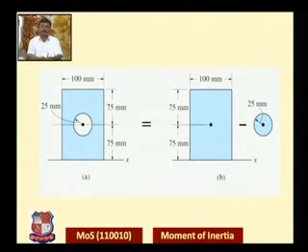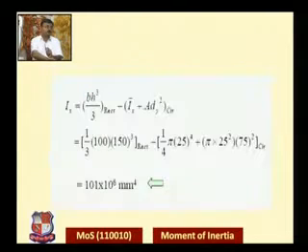The MI of the circular section about the axis passing through its center is pi d raised to 4 by 64. And what is the distance between the centroidal axis and the x-axis here? That is 75 mm. And the area of the circular section, you know, is pi d square by 4, or simply pi r square. So substitute all these numerical values here, as you can see, and when you solve this, you will get